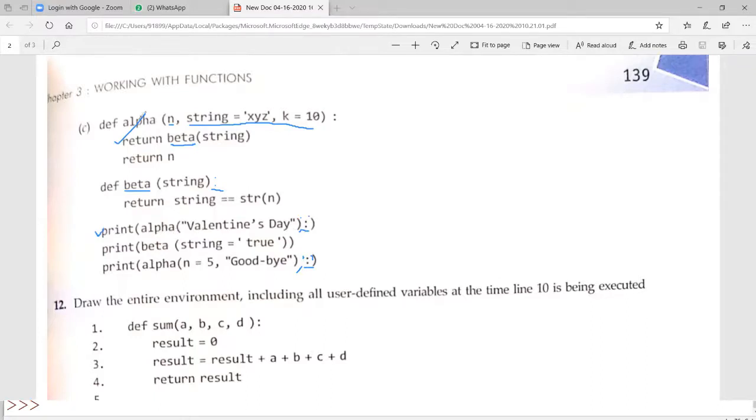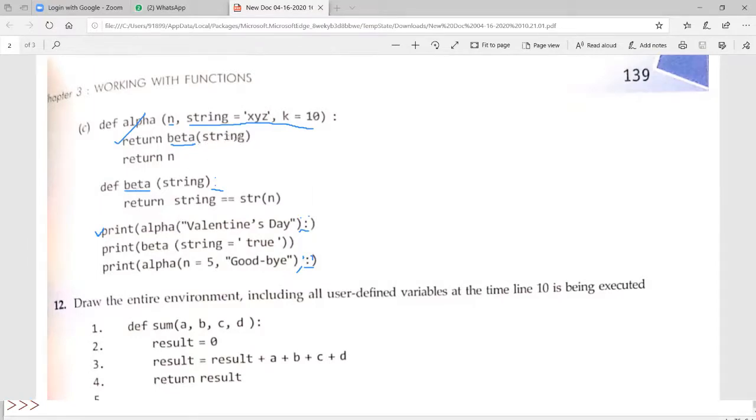Alpha is the function, which is here. Now Valentine's Day will go to n because we are giving only one argument. The first argument always goes to the first position, so n value will be Valentine's Day. Then what about the string value and k value? Because I am not sending anything from here, it will take the default values you provided here. So string value is xyz, k value is 10. So n value is Valentine's Day. Now return beta of string. This is a function call. When this is a function call, the control has to come back to the beta location, right?